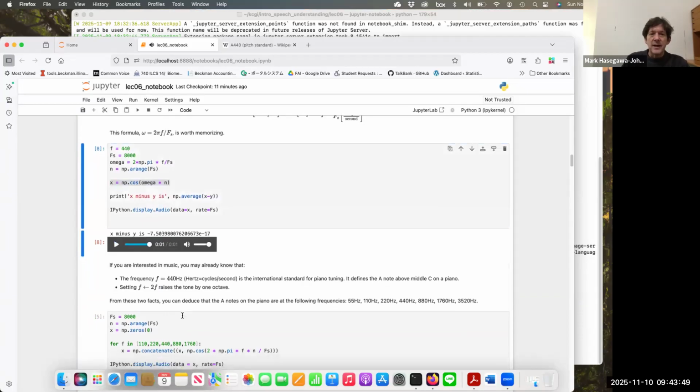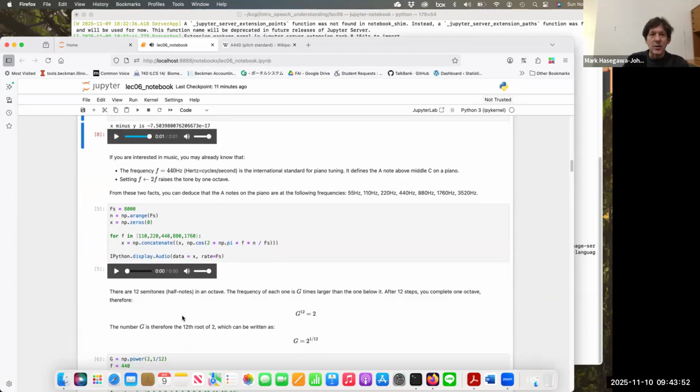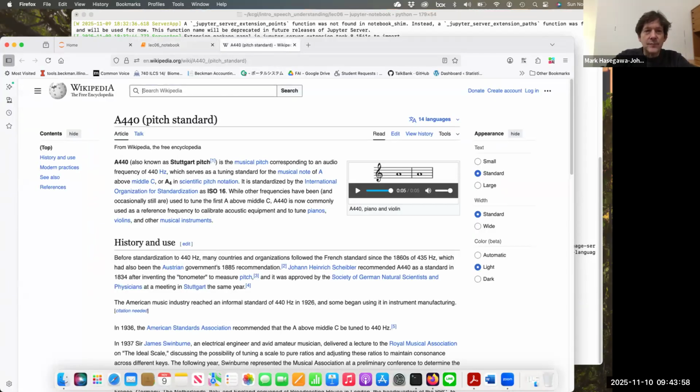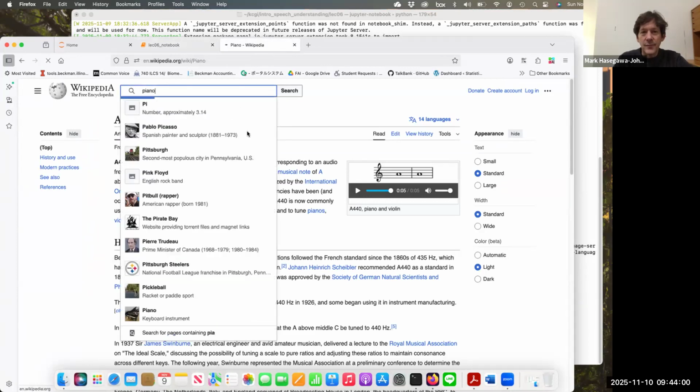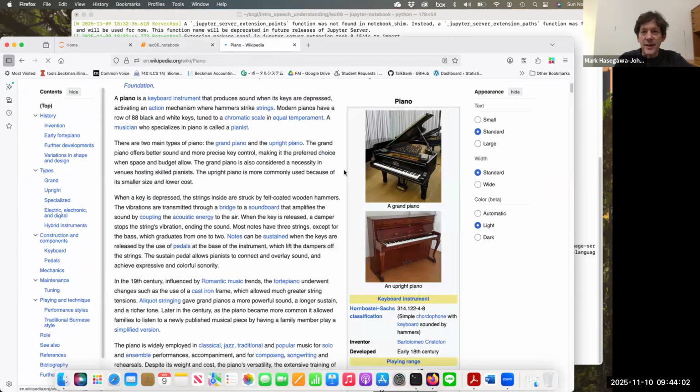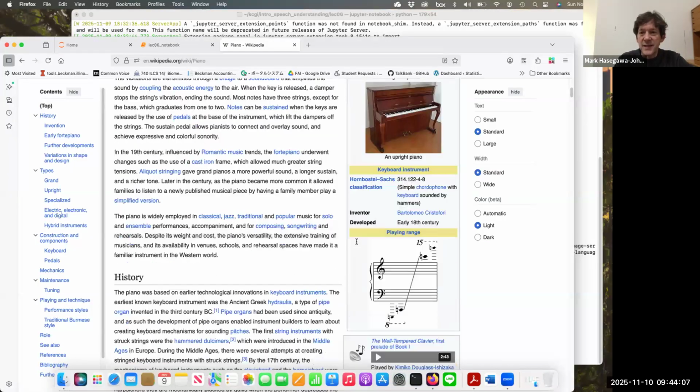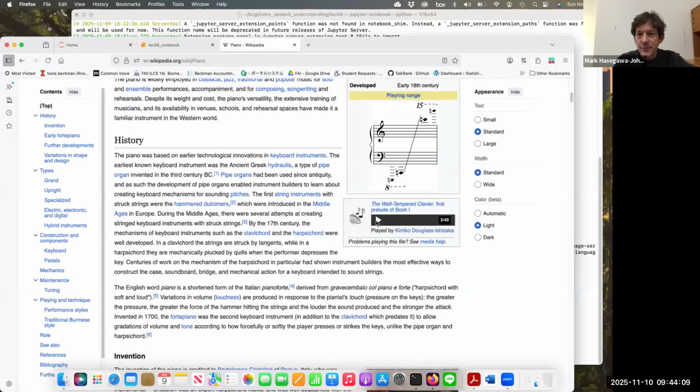Okay? If you're interested in music, you might already know that every time you go up by 1 octave on the piano, let's look at a piano. So here's a piano, right? Every time you go up by 1 octave on a piano, let's see, do we have,